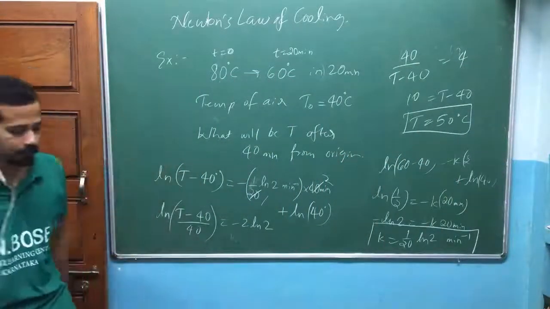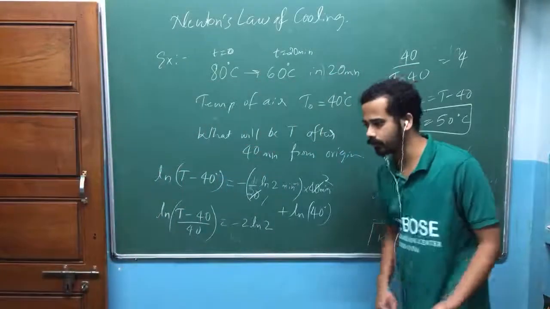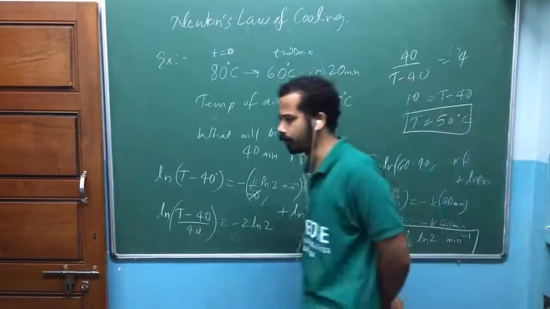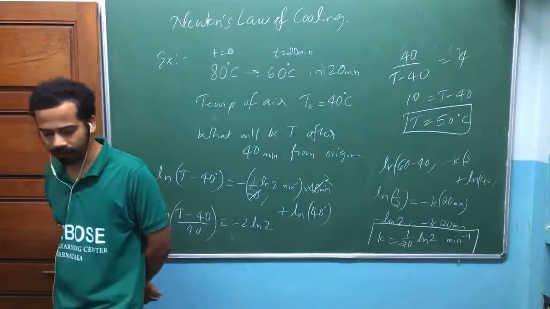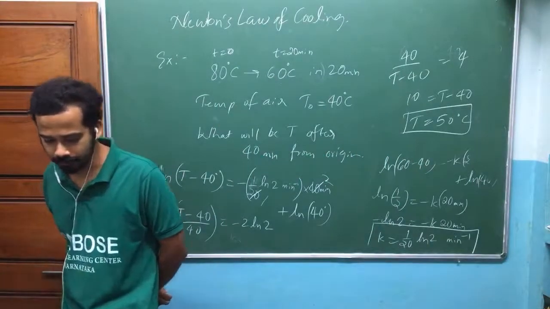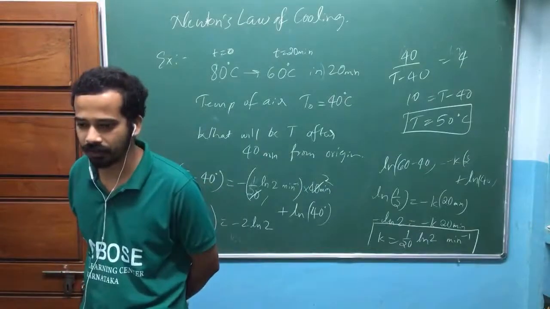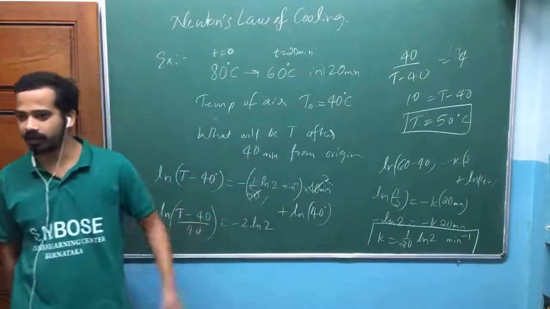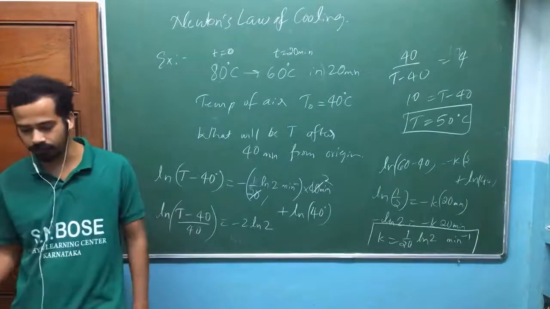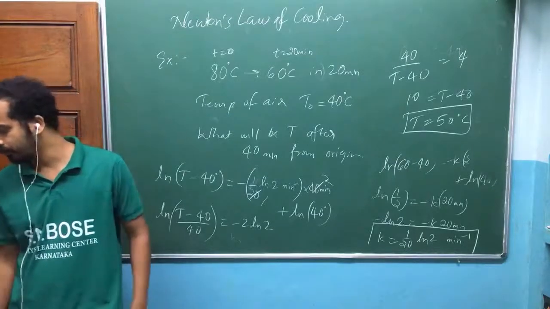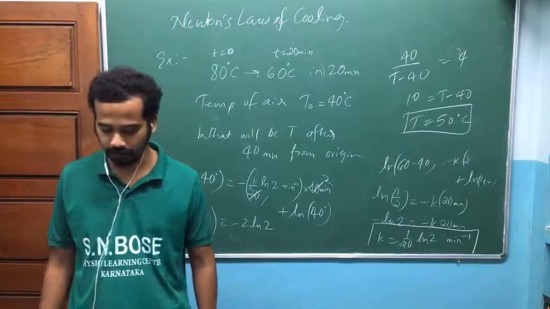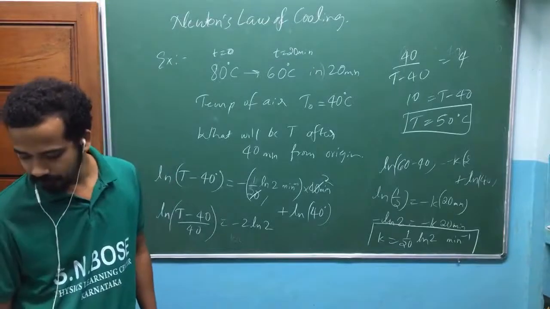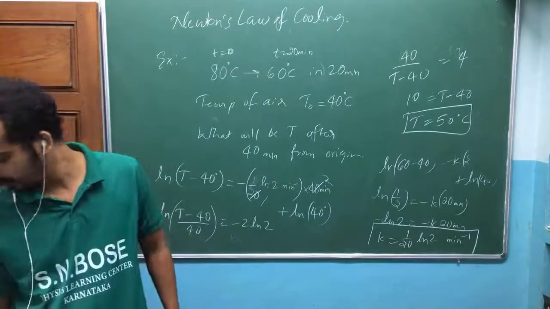Just note down the problem, whatever the book. I am talking about Grewal, Newton's law of cooling. Whatever book you take, you get similar problems. Try to solve at least 5 problems on Newton's law of cooling. It's a very nice problem, so that you will understand how to use the initial condition or the given condition to find whatever he is asking. Ultimately in the exam hall you need that, whether they ask a Newton's law of cooling problem or not, this kind of approach is needed. This chapter is application of differential equations of first order. Any questions?